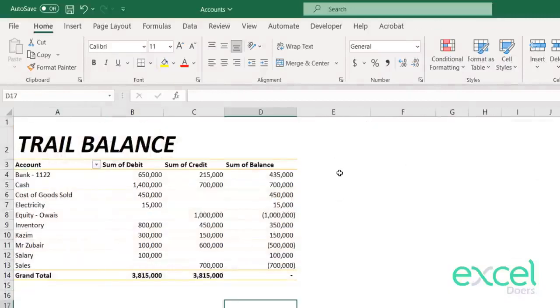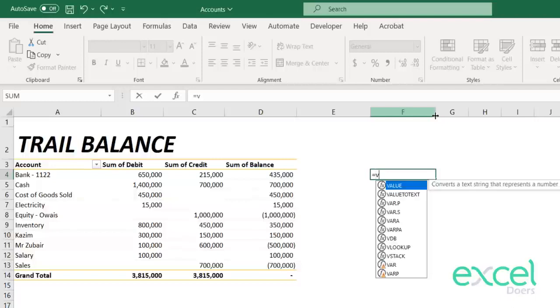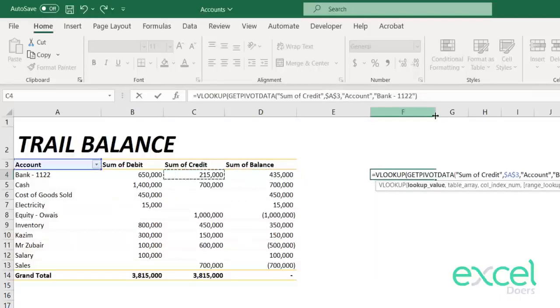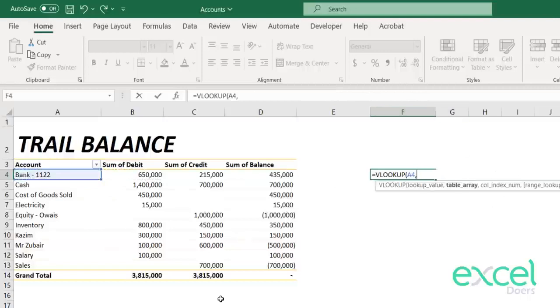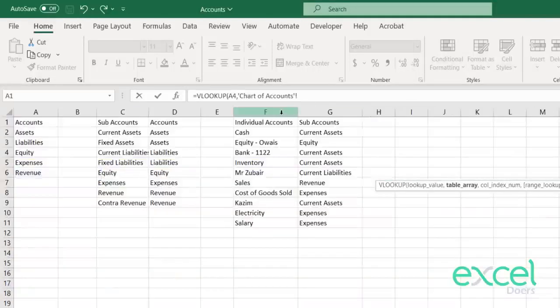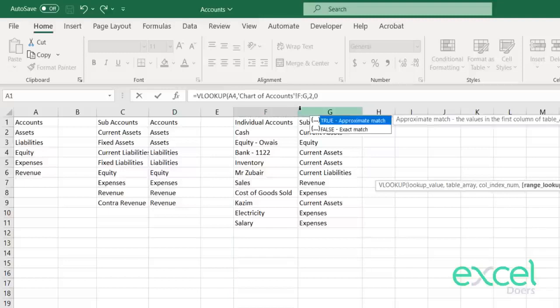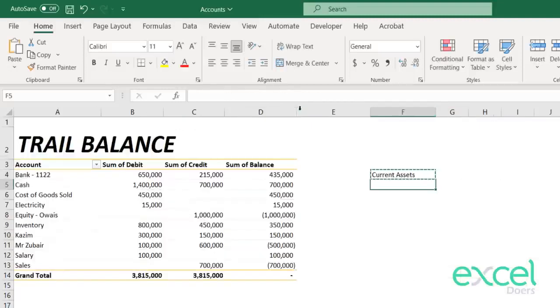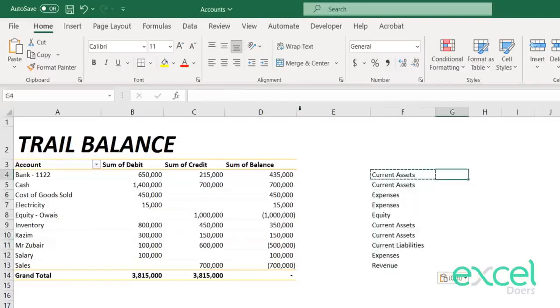So what I have to do is I have to fetch, so I have to do some hidden working here. So let's say I call it VLOOKUP, and I will select this account, comma 0. Then I will select my chart of account, and I will take the sub account column and press comma, then 2, then comma, then 0, then close the bracket, then enter. So this is my current assets, this is my fixed assets, right? So if I look into the accounts like this, where it should go,